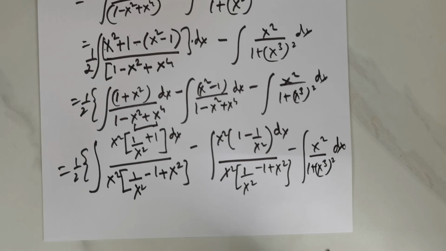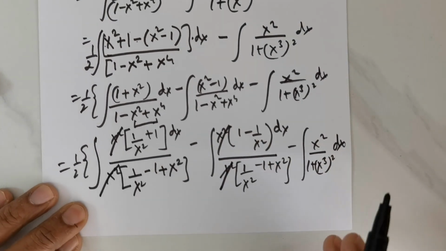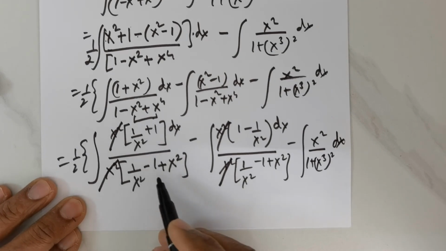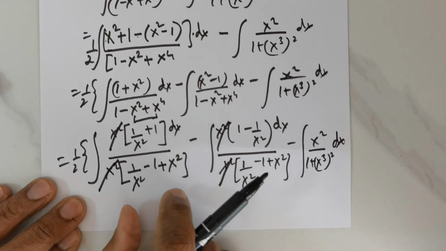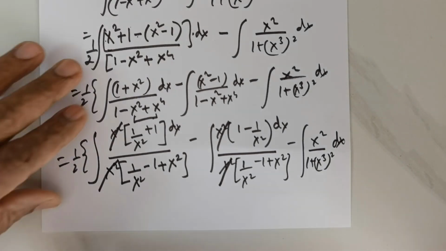Now let me go to the next side. Before I go to the next side, I cancel this and this, cancel this and this. Okay, now this is what I've got. Now I have to suitably rewrite the quantity in the denominator as a perfect square. Now that is going to be an